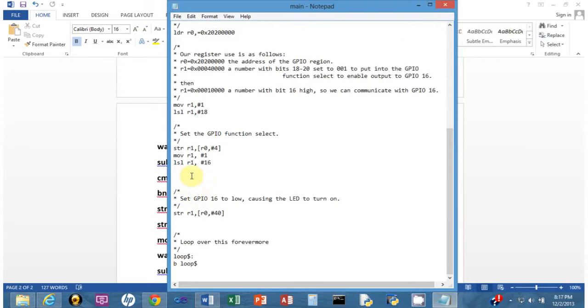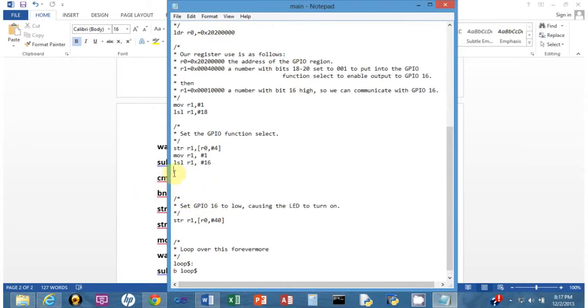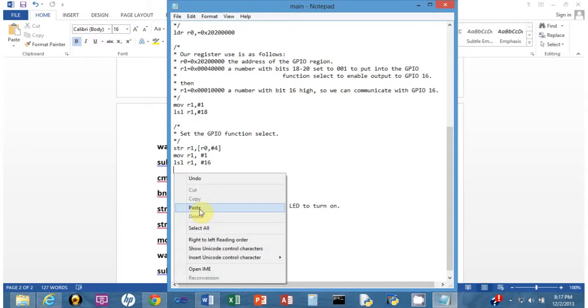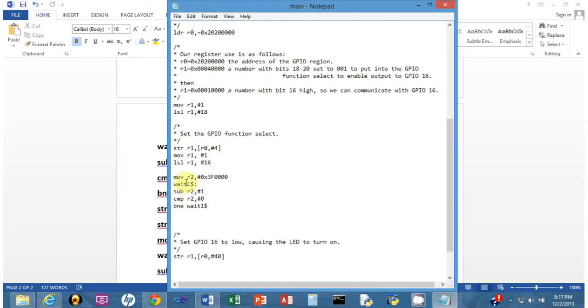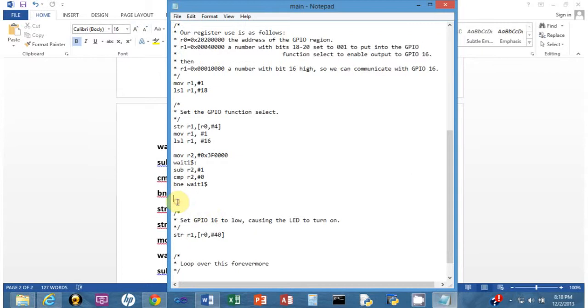After copying the code, all I'm going to do is paste. So this is the new code that I have, and as you can see, this is not yet done,